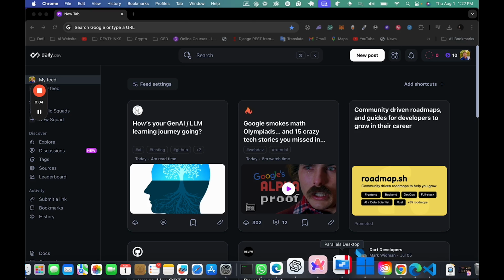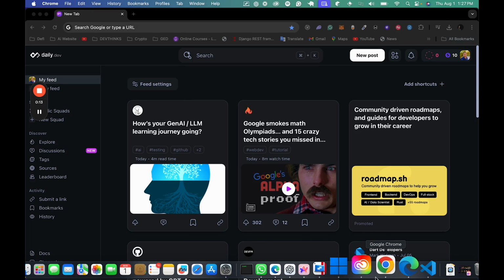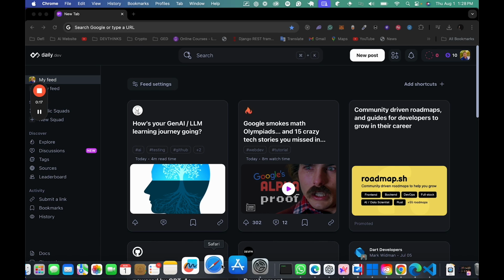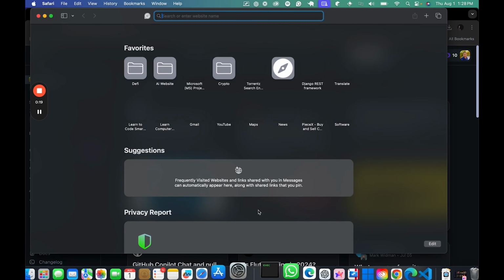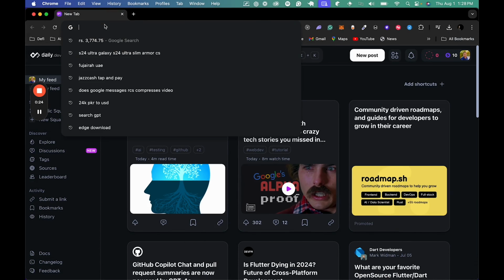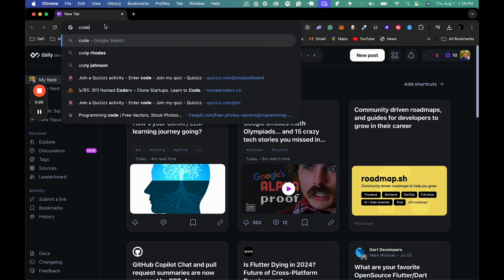It's very easy. Okay, now I'm on macOS, and in the last part I showed you how you can install Visual Studio Code on Windows. Now I'll show you how you can do the same for Mac. So what you need is a browser. By default you would have Safari on your computer, so Safari is fine, but I'm using Google Chrome, so choose whatever you like, and simply search again